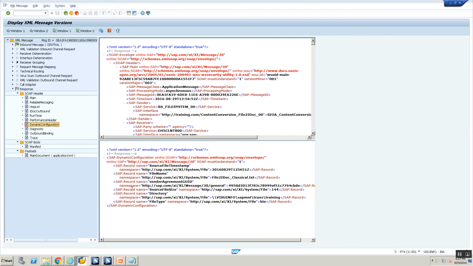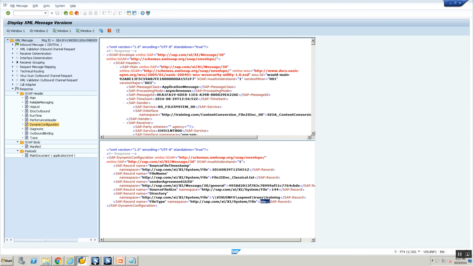This is the file name, and this is the source file timestamp. This is the source file size, which is 144 bytes, this is the directory from which I picked up the file, and this is the file type. It is a binary type. Bin is nothing but binary; there are multiple different types of file, so PI processes the file as binary.